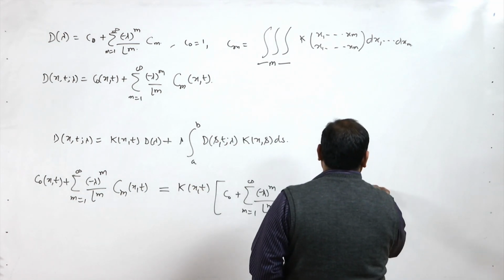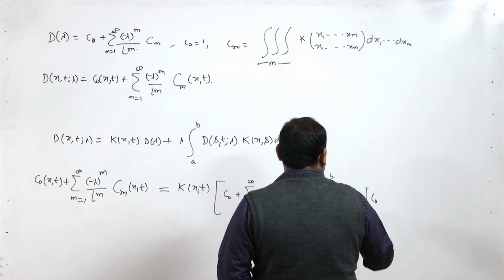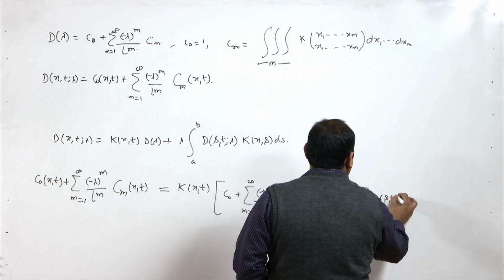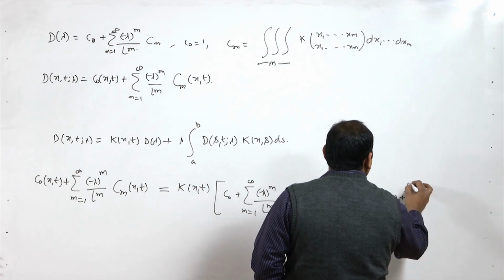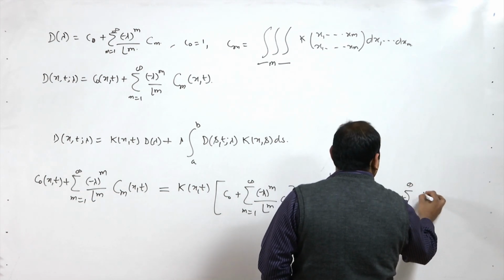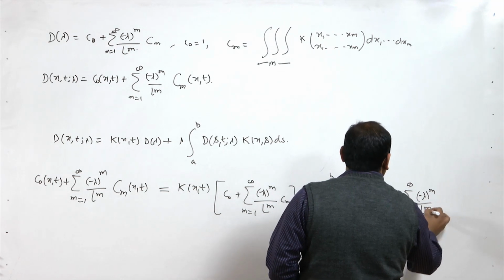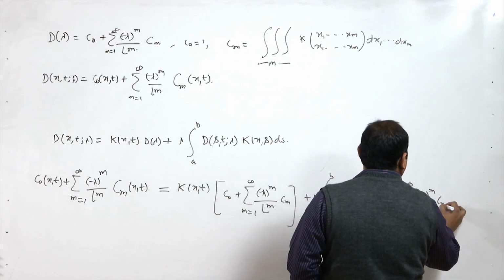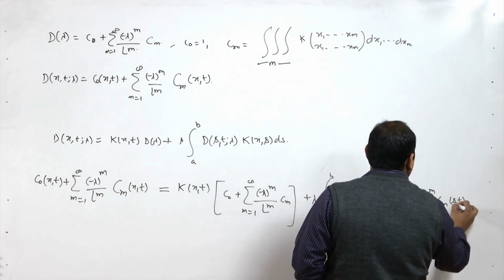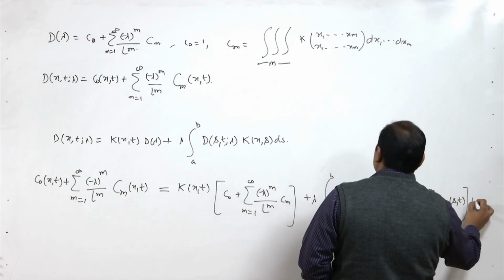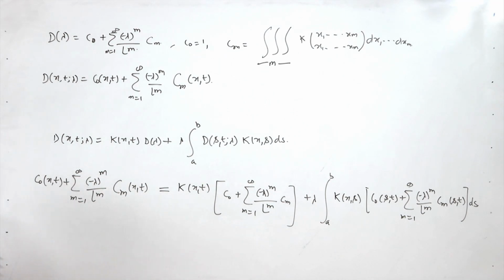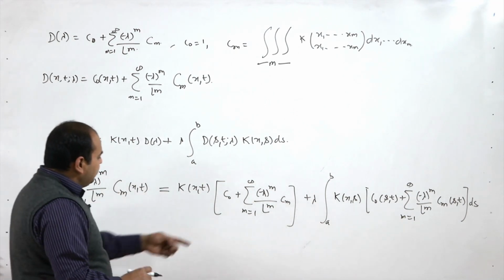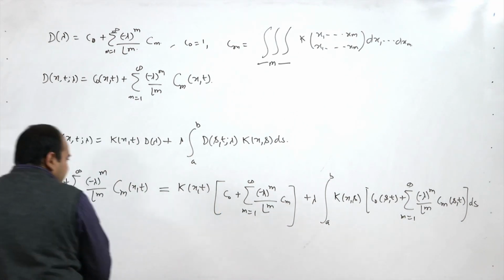So it is C naught, I am writing s t, plus summation m is equal to 1 to infinity, minus lambda to power m upon factorial m, and this is Cm s t, and this is integration with respect to s. So if you look at the constant term, C naught is simply 1, I can write it 1 here,